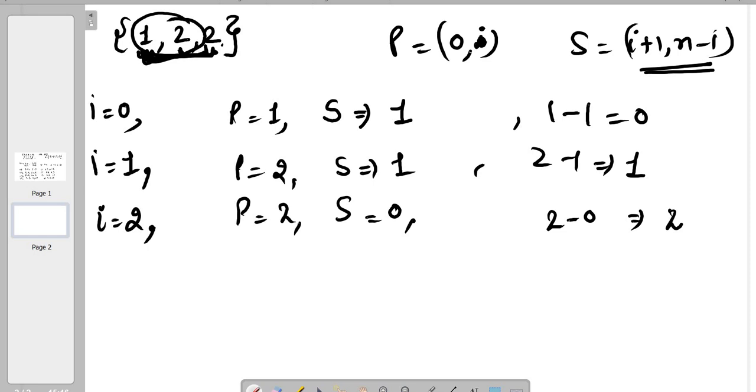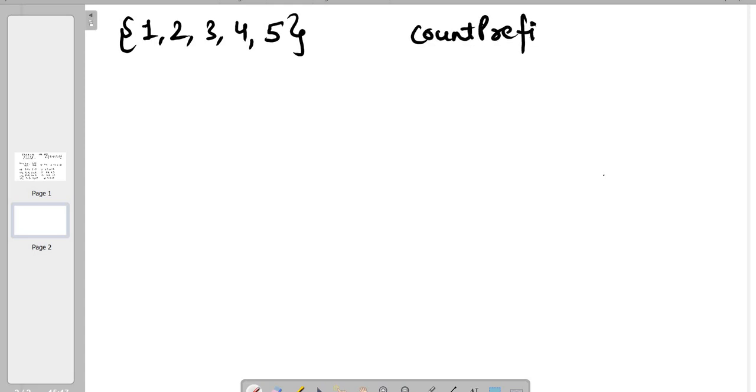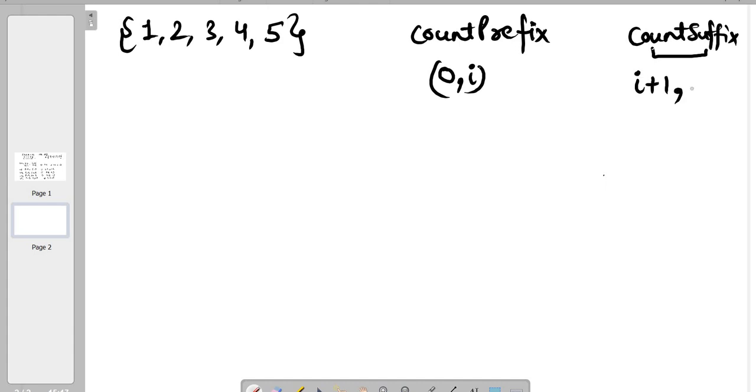So now let's understand what approach we are going to use to solve this problem. So let me take the same array again, 1, 2, 3, 4, 5. And we have to count the prefix and count the suffix to find the difference. Right? So when we are counting the prefixes, we have to count the elements from 0 to i, and when we are counting the suffix, we have to count the elements from i plus 1 to n minus 1, right?